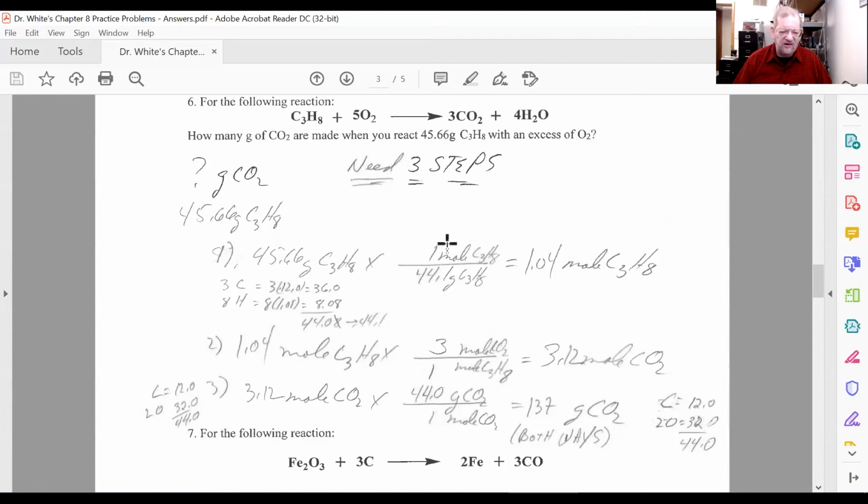Now, 1 is an exact number, 44.1 has 3 significant figures. When you're multiplying or dividing, you get the same number of significant figures in your answer as the number that has the fewest, 3. So I have 1.04. Now, at this point,